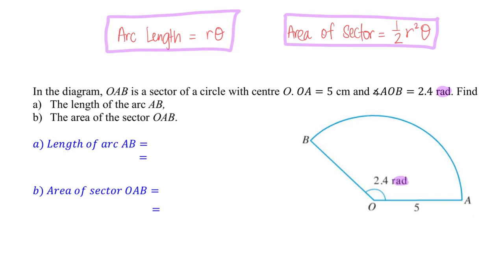And where is the angle? This one. This symbol represents the angle in radians. Okay, so for part A, to find the arc length